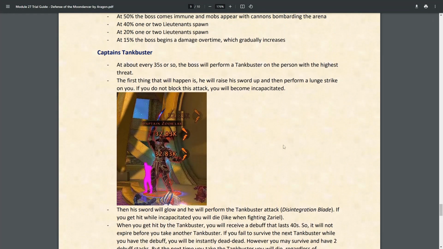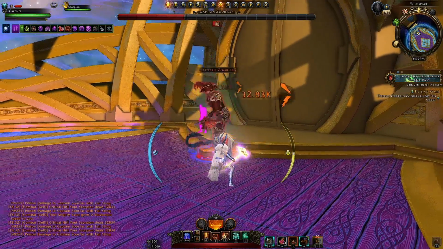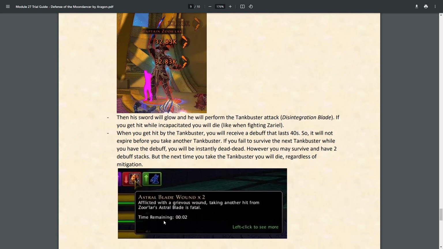So again, what you need to do with this is just switch after you take the tank buster, or switch after the other tank gets stunned. You won't get stunned again if you block this lunge attack. He lunges at you, he won't stun you if you block it. If you're stunned, you'll ultimately die to the tank buster if you don't switch. The way we were doing it is we were switching after the tank buster. That debuff lasts about 40 seconds. It lasts too long for it to expire before you would take the next tank buster. So you need to switch so that the other tank takes the next tank buster,